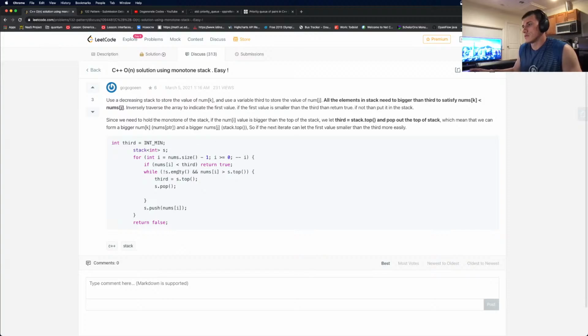And then what do we do? I don't see where do we stop. Nums greater than stack top. Yeah, that doesn't make sense to go further than that. I don't see where we modify the third one. Yes, we say third is the stack top. So we move it to the third now. So if it's not empty, if we had one element there, we move it to the top and then remove